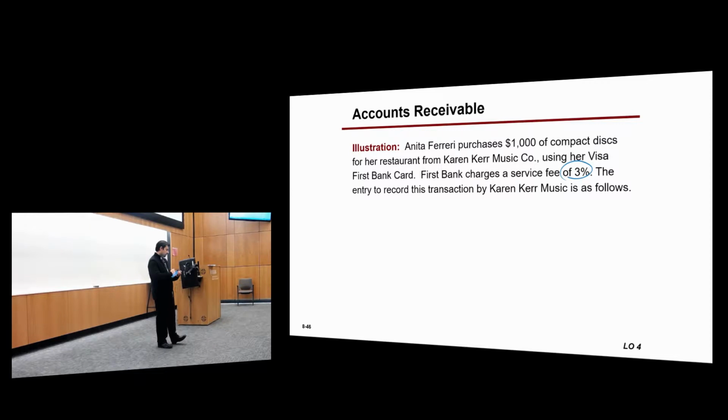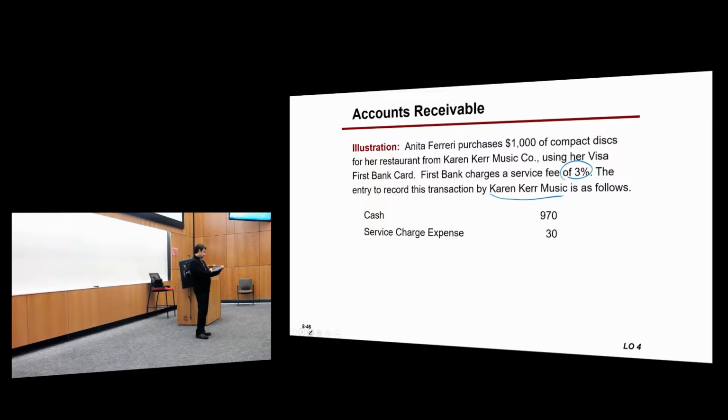As far as the company, the seller, is concerned, how do they enter the journal entry? What's the journal entry that they will make? Cash would be 1,000 minus the 3%, which is 970. Okay. And then it would be an interest expense of $30. That's not interest. They did not charge them interest, they charged them a fee. A fee charge. Okay. And then it would be a credit